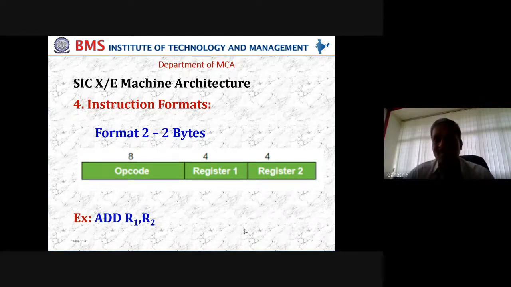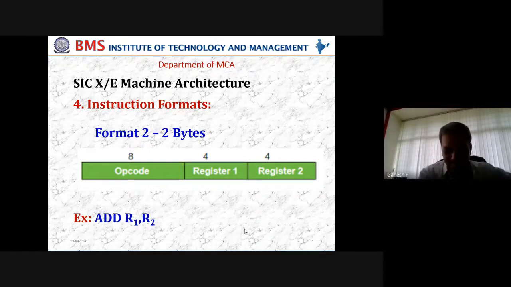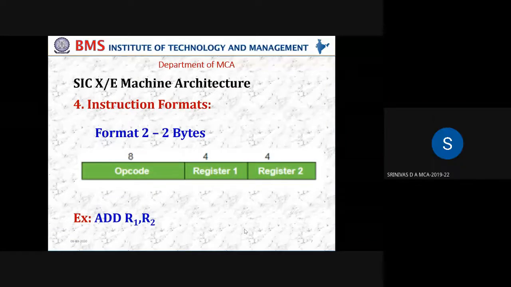So this register 1, why is it 4 bits? Simply because the numbers used internally to represent these registers go from 0 to 9. To represent any number in this range, we require minimum 4 bits. If that is the case, I need 4 bits for register 1 or register 2, any register for that matter. Hope it is clear now. Any doubts? Yes, sir. Yes, done.